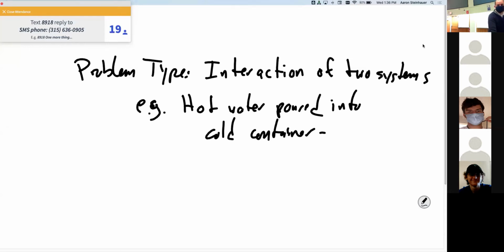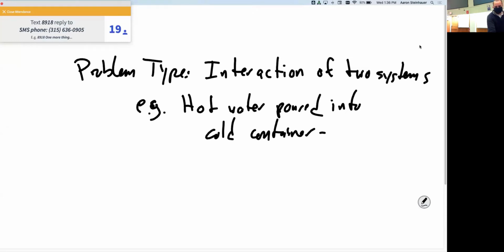So naively, you might think that it's just the average of the two temperatures. But what if you have a tiny amount of hot water in a huge cold container? Or what if you have a gigantic amount of water in a very thin-walled container, right? It's going to depend on how much mass there is in the water and in the container, and it's going to matter what the heat capacity, the specific heat, is of the water and of the container. So it won't necessarily be an average unless those two things happen to be exactly the same.